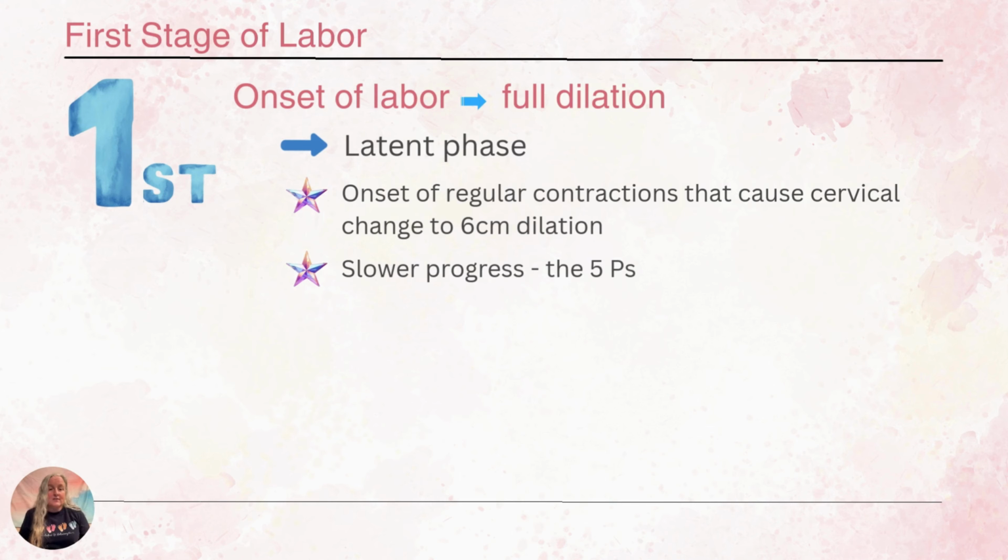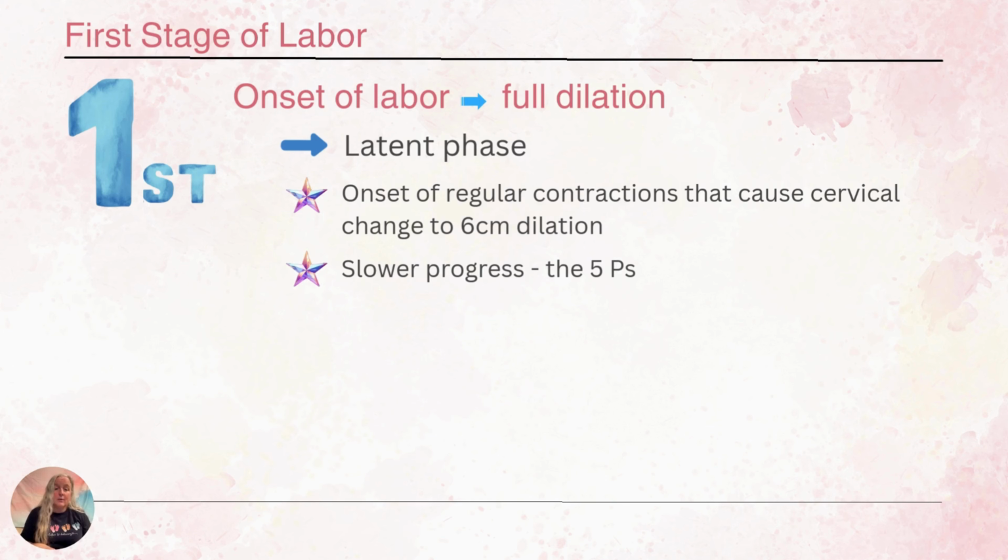During the latent phase of labor, progress tends to be slower. This might be the longest part of her labor overall. And because the cervix not only needs to dilate, but it needs to efface or thin and soften, and the baby needs to be moving down in the pelvis, there's a lot of things that are happening. So we start thinking about the 5 Ps: our passenger, our passageway, our power, mom's psychologic response, and mom's position. We also will start considering pain management options, pharmacologic pain management, non-pharmacologic pain management, and during